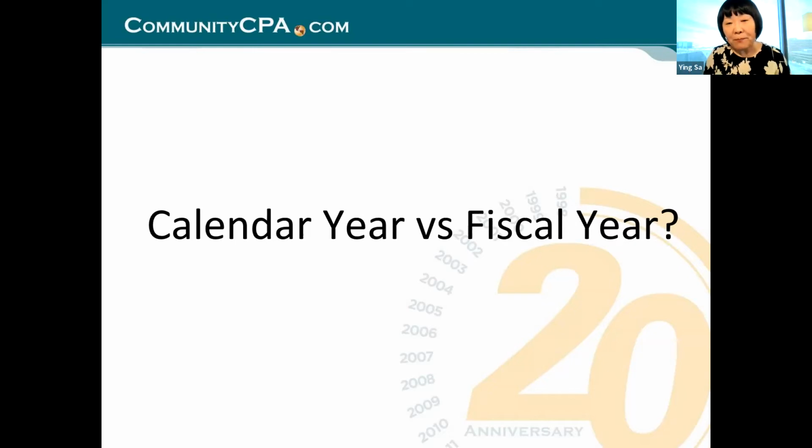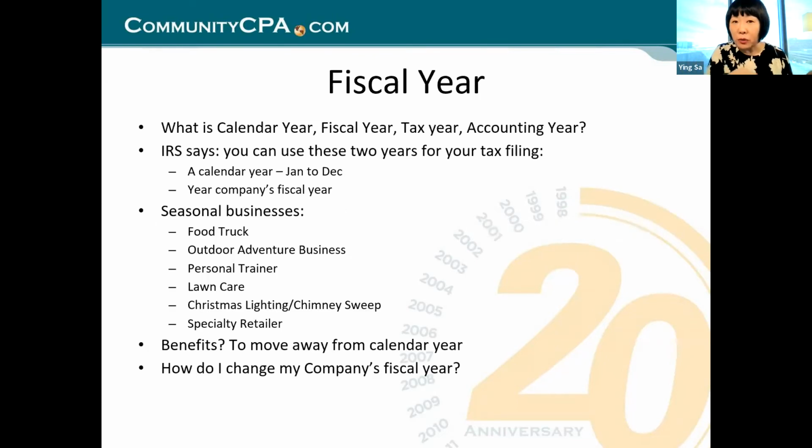And this is again, when we do tax planning, sometimes we spot opportunities. Let's say you already ran your business a couple of years. Now you have this realization, oh, I should be this way. Not a problem. We can apply to the IRS to change our year. Then you file a short year, and then you file a normal, different fiscal year. Okay. And this is the difference between calendar year and fiscal year. Now you understand why fiscal year is a thing, because it has a strong relation to your operation.